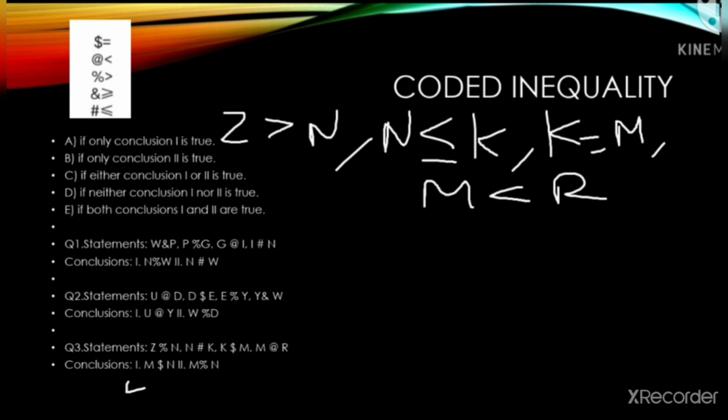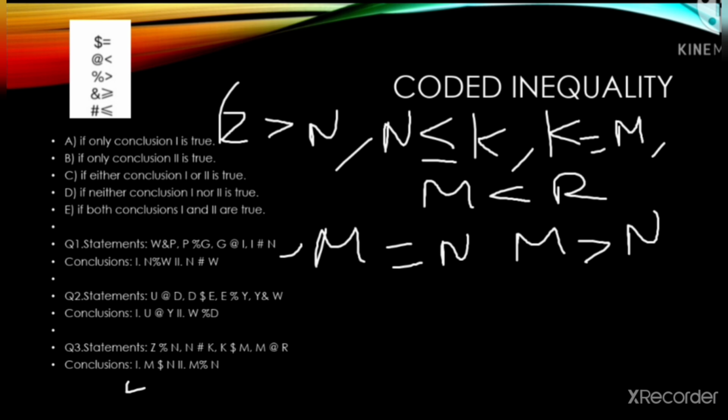So the first conclusion is m $n, it means m is equal to n. Next is m percent n, percent means greater than, so m is greater than n. So what we need to check is the conclusion in the statement, as we are already doing. If you are looking here, we have the equal to sign between m and k, but in this particular expression we do not have an equal to sign, so it does not make our condition fulfilled, as we always require the equal to sign between both the entities, which we do not have. So in this way this fails.